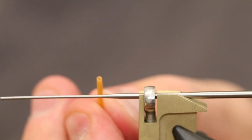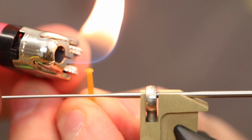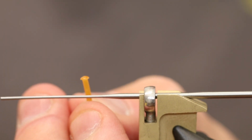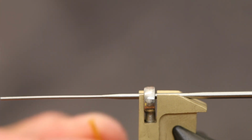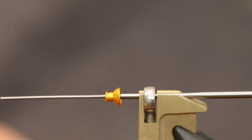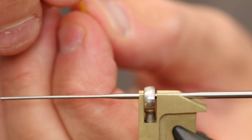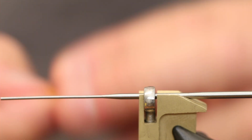The first thing we need is a small piece of the fitch tubing here from Y.A.D. And I'm just gonna melt down a small column like this. And the reason why I do this in the beginning is because then it's easier to fit the TTT tube onto your vise. So basically, I take the TTT tube and put it on the inner tube, the fitch tube, and then it